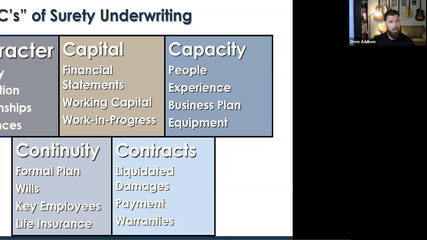When we set up a surety program and a bond request comes in, a contract comes in, we're basically going through that with a fine-tooth comb. I know sometimes it can be a lot to consider, and you may wonder what's taking so long. It's ultimately to protect you, because again, these bonds are not to protect the contractor; they're to protect the owner or the GC that is requiring these bonds. So we want to make sure that you are protected along the way.